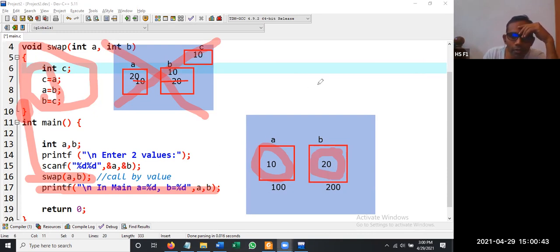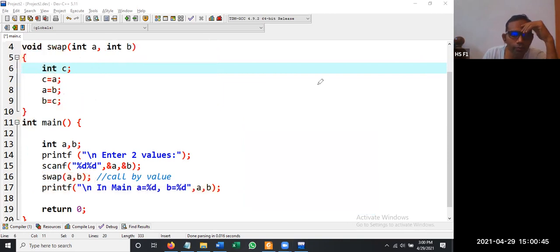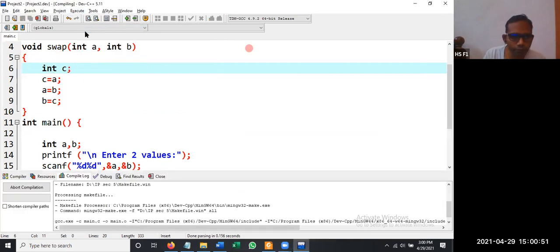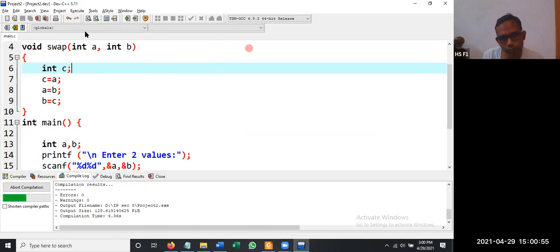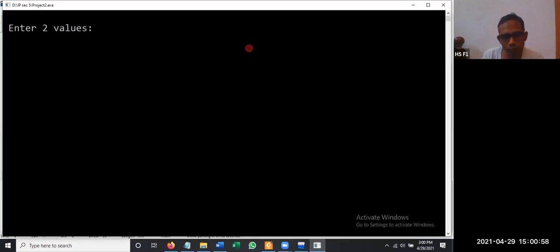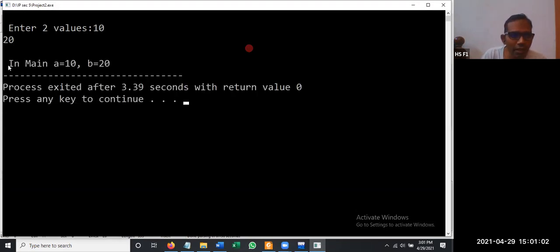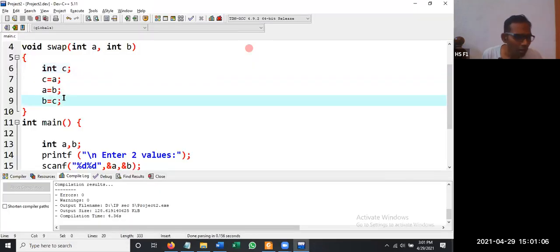So let us execute this code. Compile and run. Enter two values, 10 and 20. So main has the same 10 and 20. Let us print the values inside the function as well.